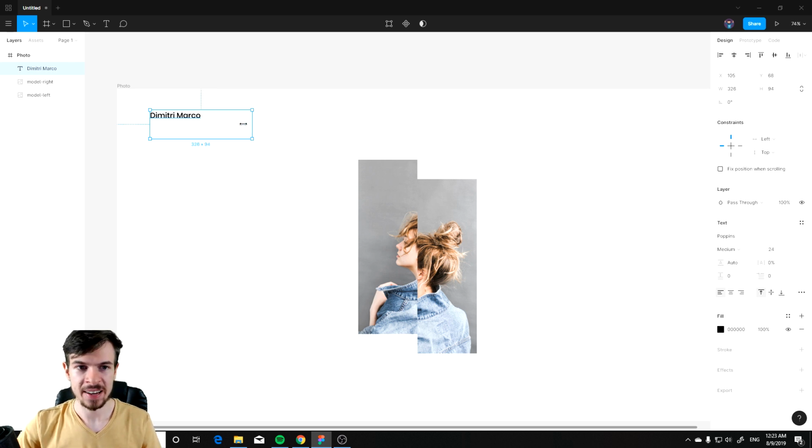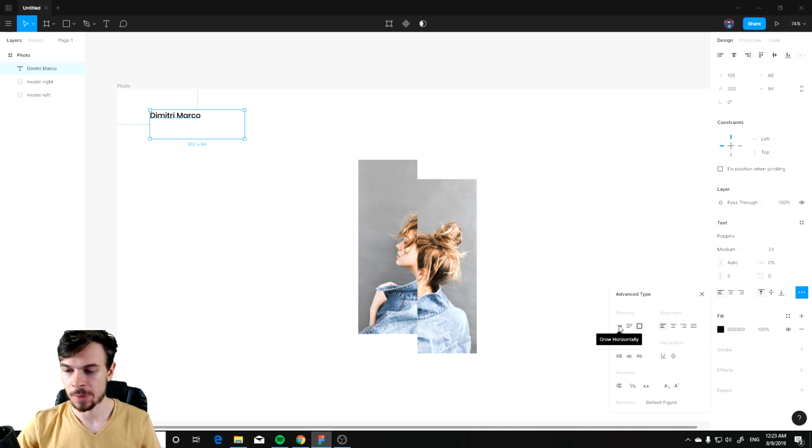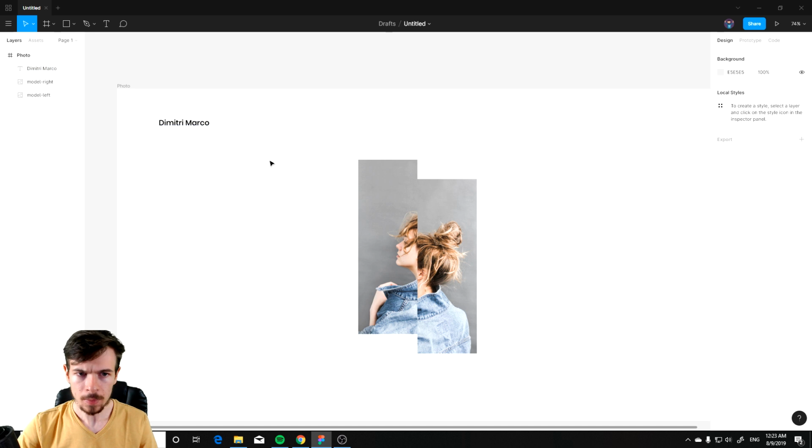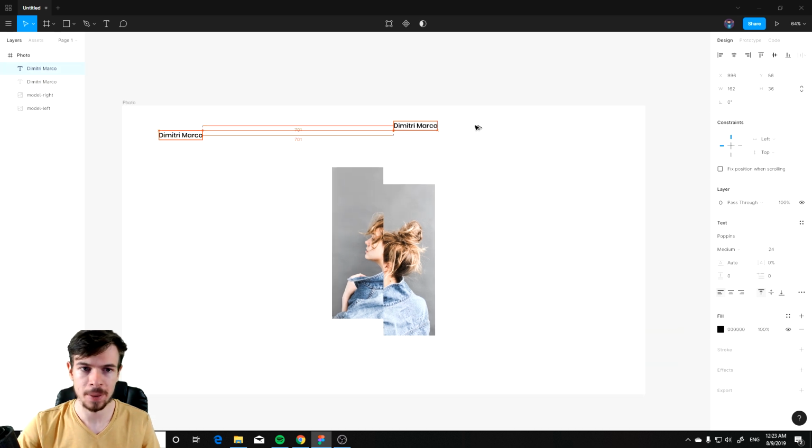If you wanna resize this box, you can go through these 3 dots and just hit resizing. We can grow horizontally, and if we hit that, take a look, we can go back to fixed size. It's going to rescale that box to the text. So it's just easier to align to different things. That's one thing, and we can actually copy and paste this over here, and we're going to rename this to